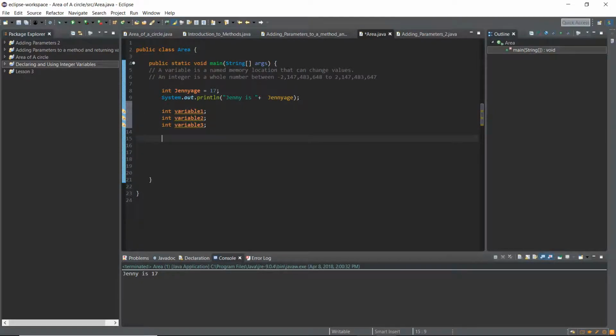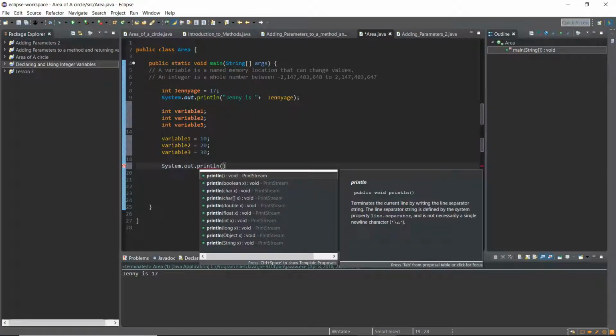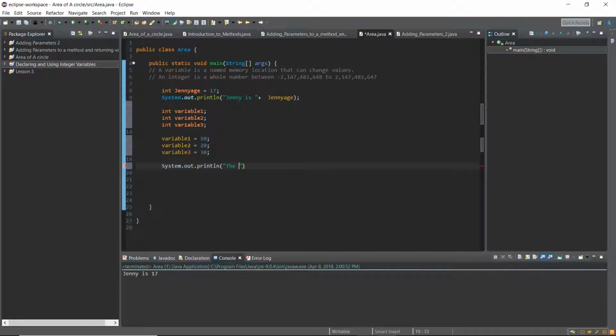And then I can actually go down here and say variable 1 is equal to 10, variable 2 is equal to 20, variable 3 is equal to 30. You see, I can do this, and let's work with that. System.out.println, the value of all variables